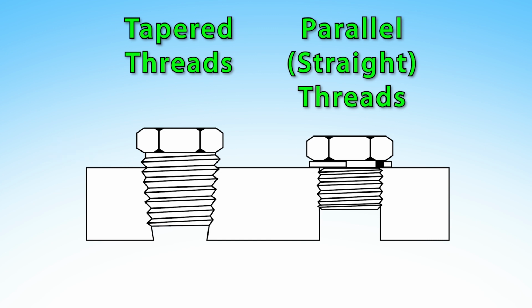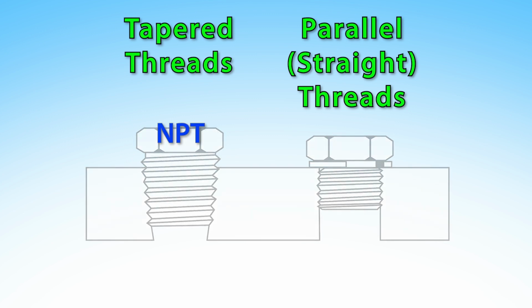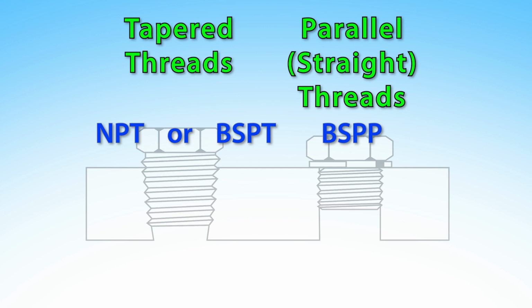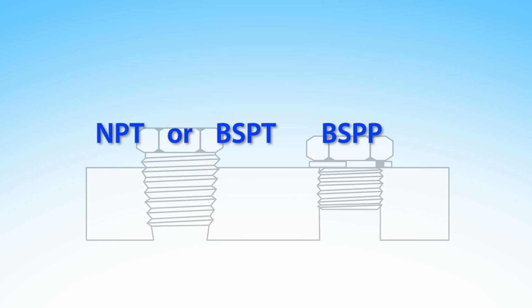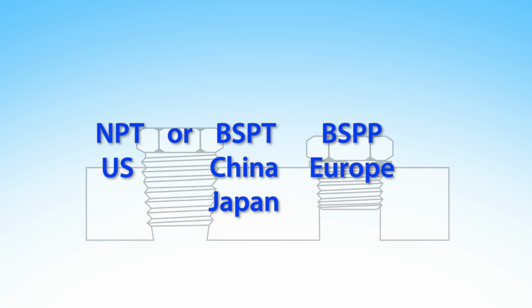If you have inch or SAE size tubing, you likely have NPT threads. If your tubing is metric, you'll likely have a British Standard pipe thread. There are some exceptions to this we'll cover in a minute. Also, if you know where the machinery was manufactured, it can be a clue. In the US, NPT is most commonly used. Chinese and Japanese equipment often use BSPT, and Europeans commonly use BSPP.